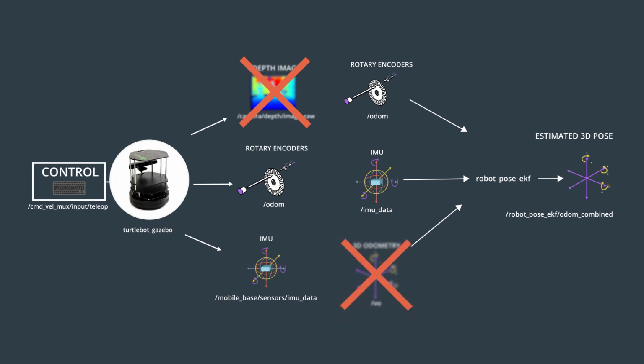The same applies to the 3D odometry topic, which is unique to the robot pose EKF package. We need to modify the EKF launch file in order to turn off the 3D odometry. Now we can see that the encoders perfectly match since they are not unique to any package and hold the same topic name. The same applies to the IMU data, but be careful here since the topic names are not identical. We should rename the IMU topic either in the TurtleBot package or in the EKF package.